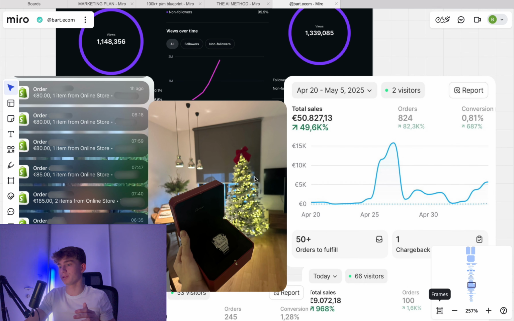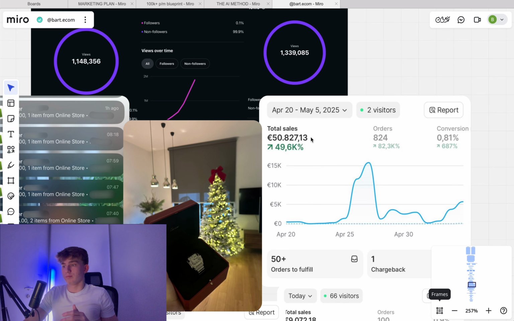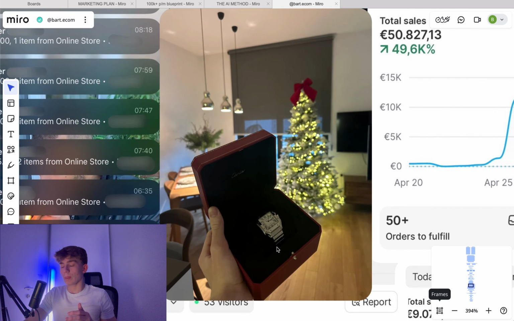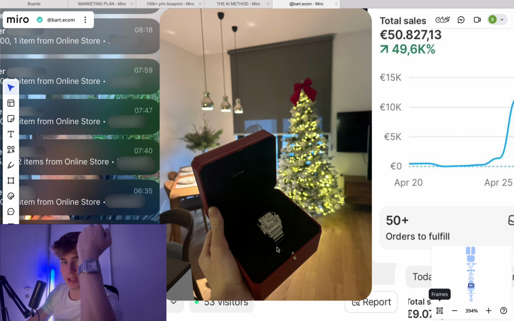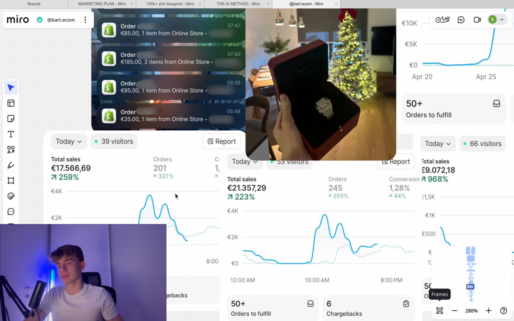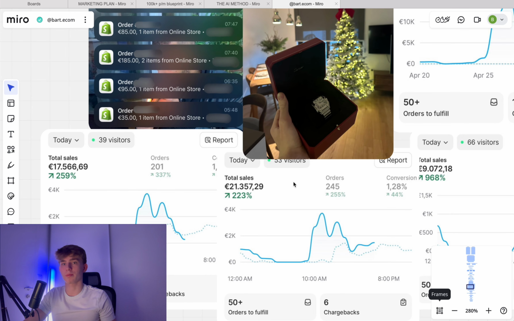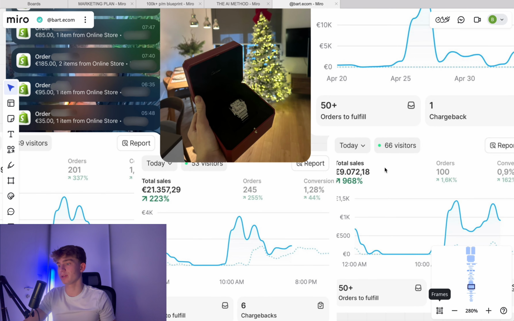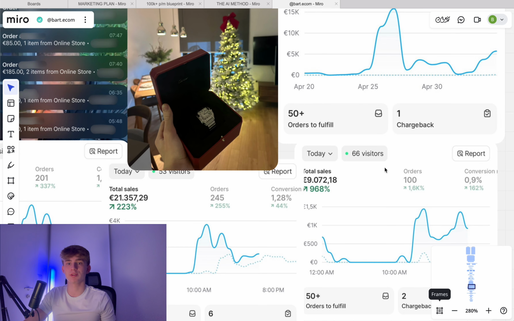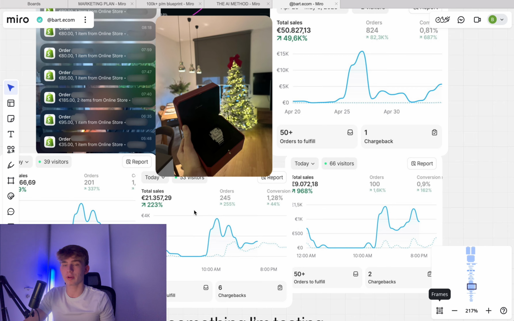And obviously, you can see that I have quite a success with dropshipping. I have the orders. This was one of the better months for me, 50k. I even bought myself my dream watch, which is a Cartier Santos Large. More results. Obviously, this is all from the UGC AI method that prints. Especially, I've seen some students in the US print with TikTok Shop because the conversion there is even more wild. But yeah, all it takes is one viral video, and the profit margins here are like 80%.